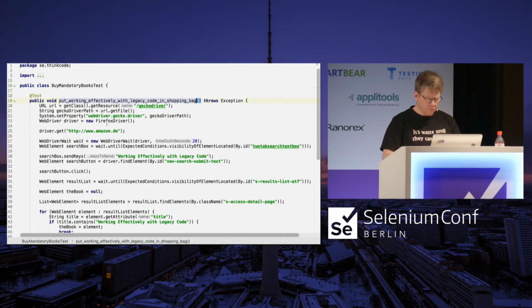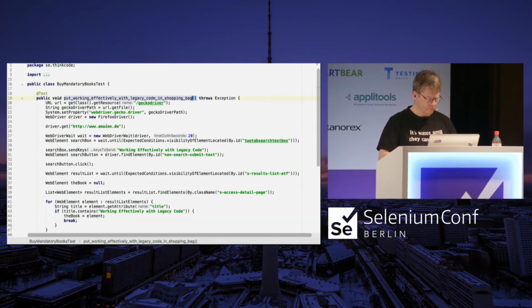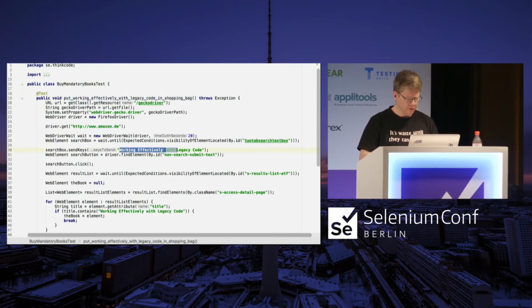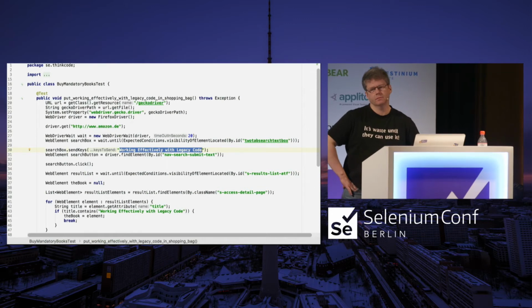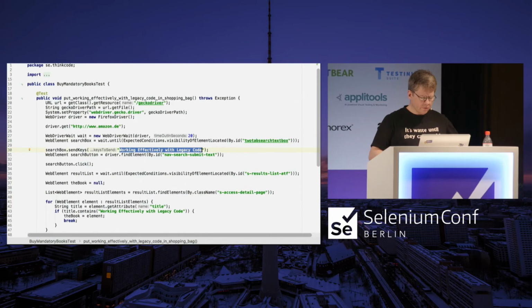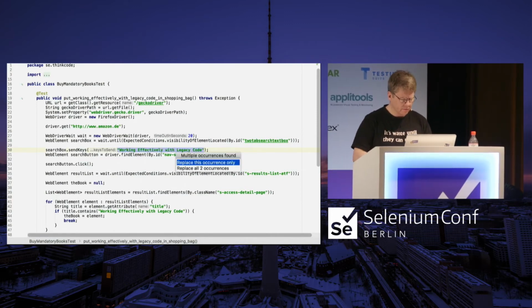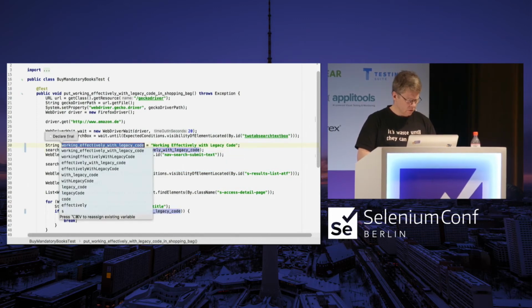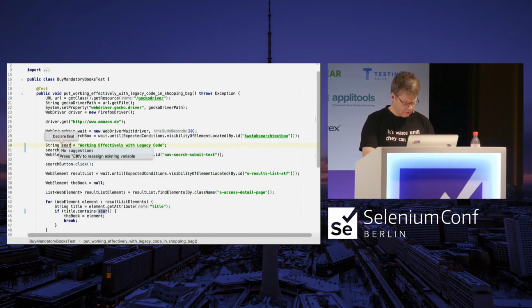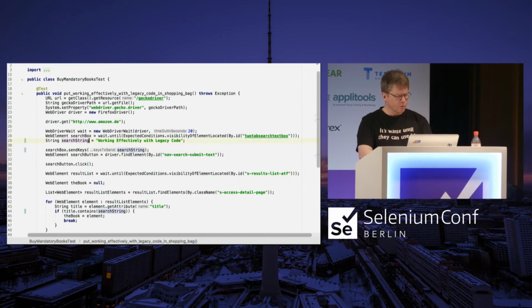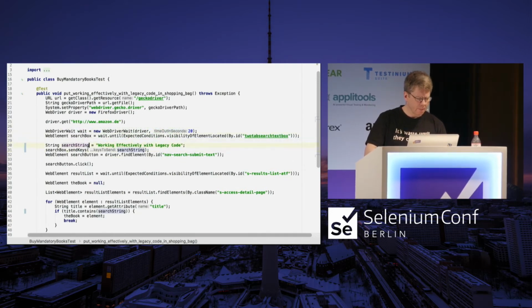Okay, so do we have anything else that we would like to do? This string is used in two places, so that's potentially a duplication. And I know that if I extract this one to a variable instead, I can reuse it, probably. So let's call this one search string, like that. And now we removed a little bit of duplication.